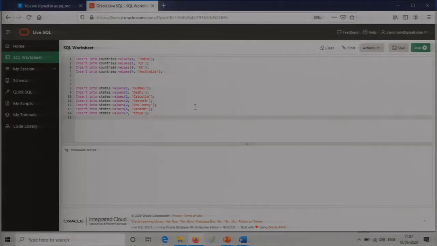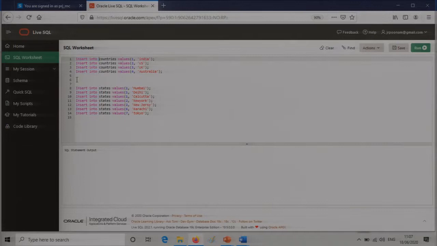So these insert commands are for both the tables. You can pause my lecture and have a proper look at the insert commands. If you feel it's going a little fast, just pause the video for some time and have a good look at what data I am inserting.